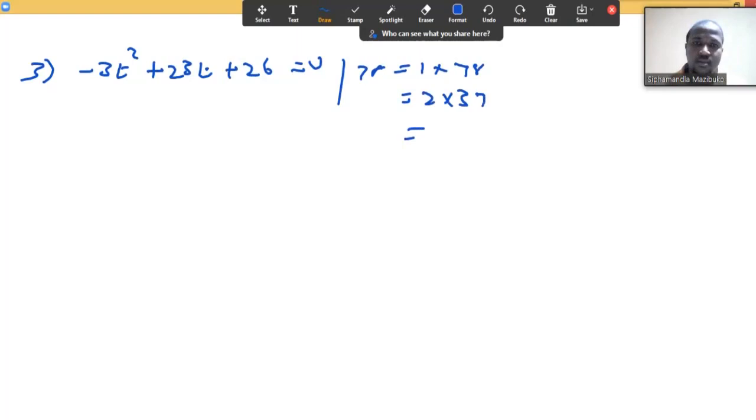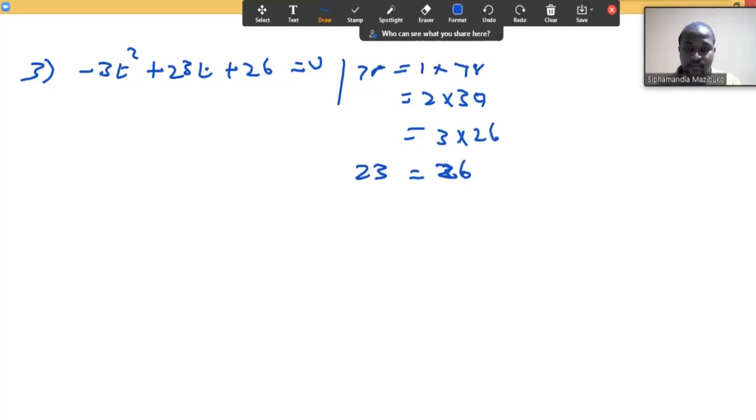We can also have 3 times 26, and 3 and 26 can give us a difference of 23, and hence to get 23 we need to have 23 is equal to